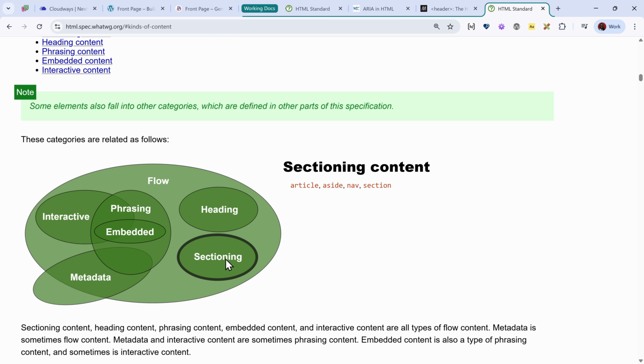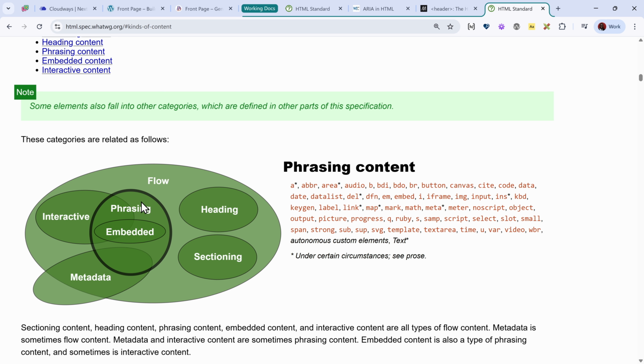So you might get confused and think that a div is a sectioning element, but that in reality is not true. So your divs, your header, your main, your footer, they are special elements. They are not actually called sectioning elements, at least in semantic HTML. Then we have what we call phrasing content. Phrasing content typically are your inline elements. So that's elements that are combined together to form paragraphs. So you can have your abbreviations, your images, because they can be put together inline inside of a paragraph to form a full sentence.